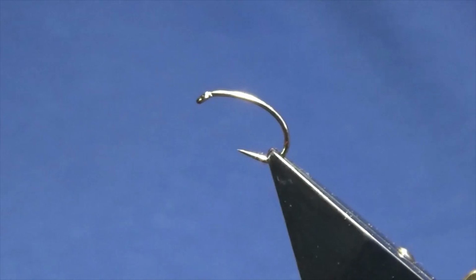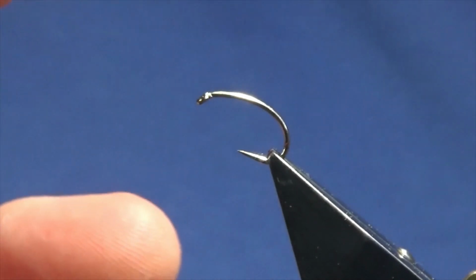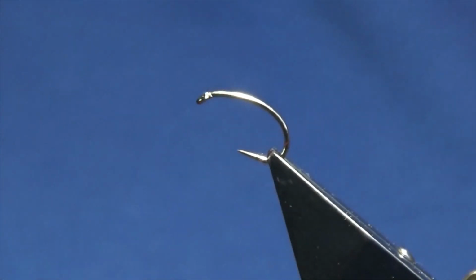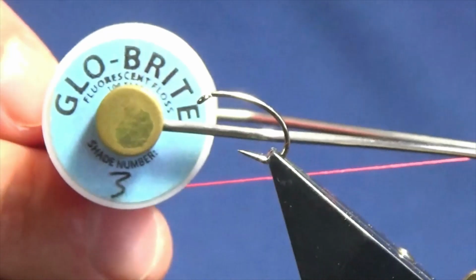Okay guys, I'm going to tell you a wee black and silver snatcher pattern. Now the hook in the vise is a size 10 B110 grubber hook, a good heavy hook. I'm going to start off putting a tag on the back, and we're going to use a Glo Bright Floss